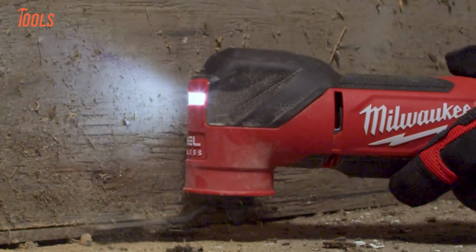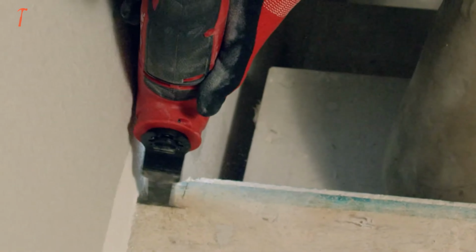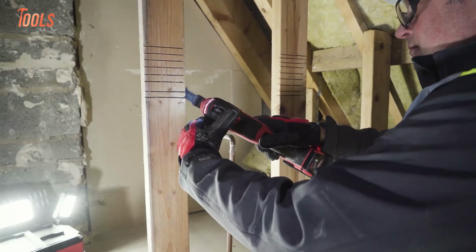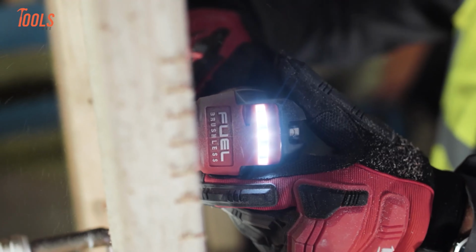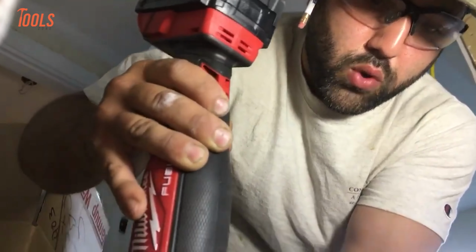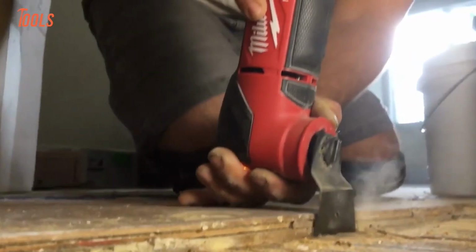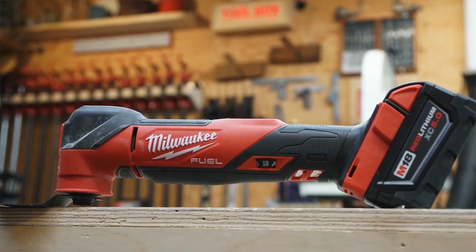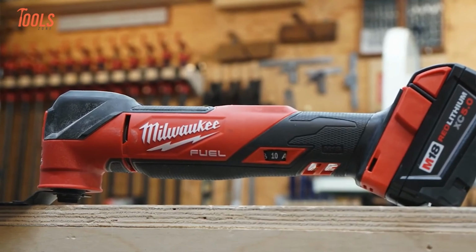So here's how it breaks down. If you want raw cutting speed, better vibration control, and more power under pressure, Milwaukee's M18 Fuel stands out. That auto load setting makes plunge cuts easier. The extra reach from the 4.2 degree swing gives faster results, and your hands feel better at the end of the day. It's built for tough jobs and long sessions, but it comes with a higher price,